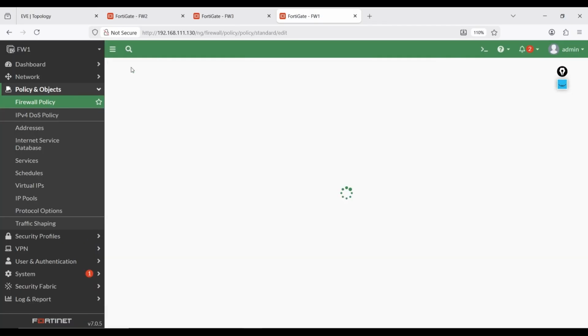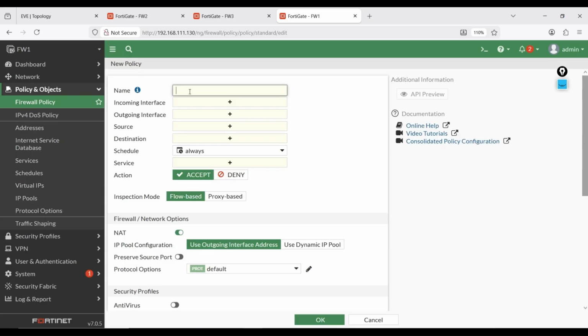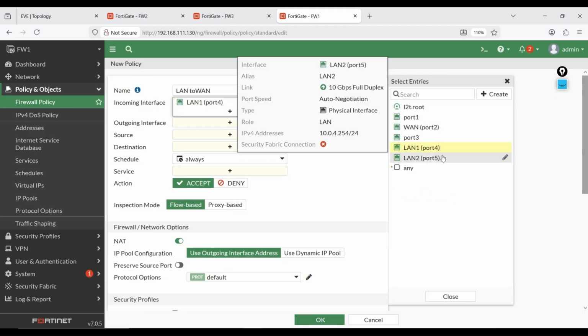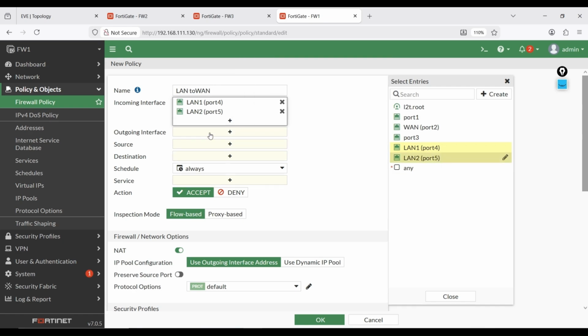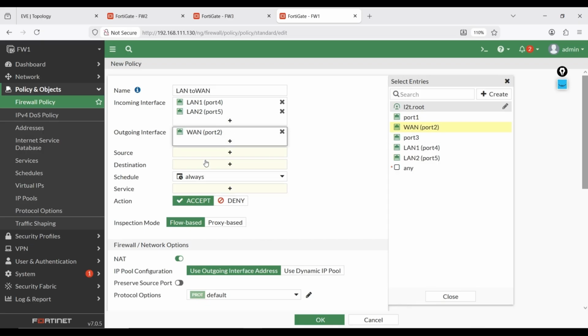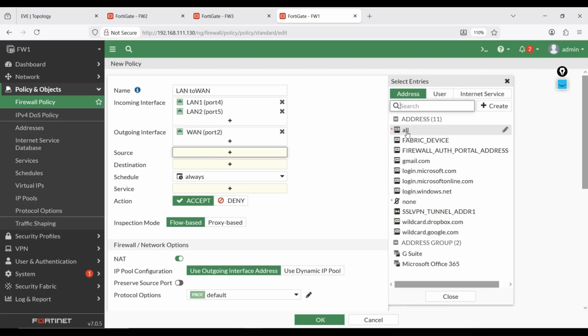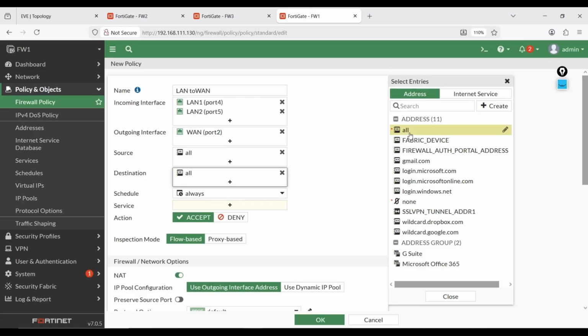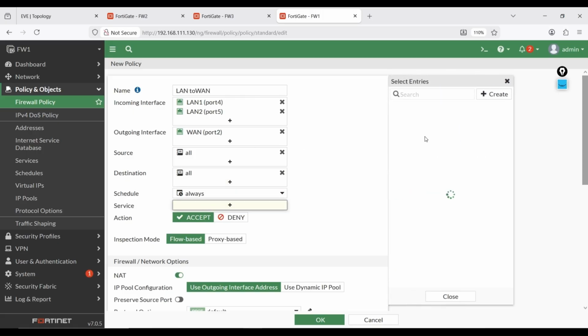So here we go, we have to create a LAN to WAN policy which includes both LAN ports, LAN 1 port 4 and LAN 2 port 5. The outgoing interface is our WAN, which is port 2. And for source, I am just selecting all. You can select whatever you want as per your requirements.